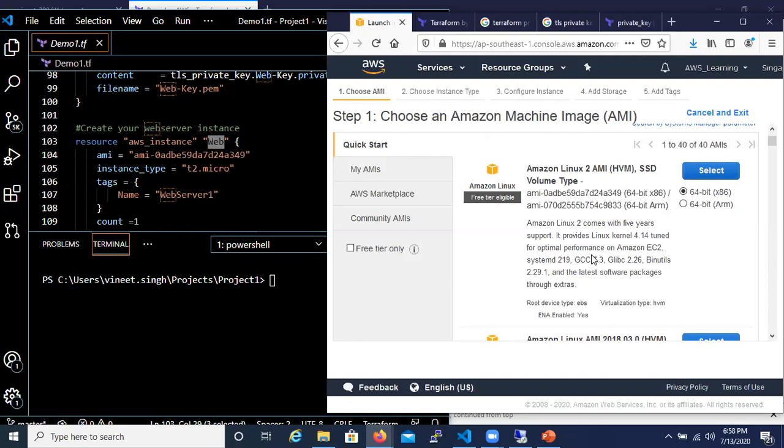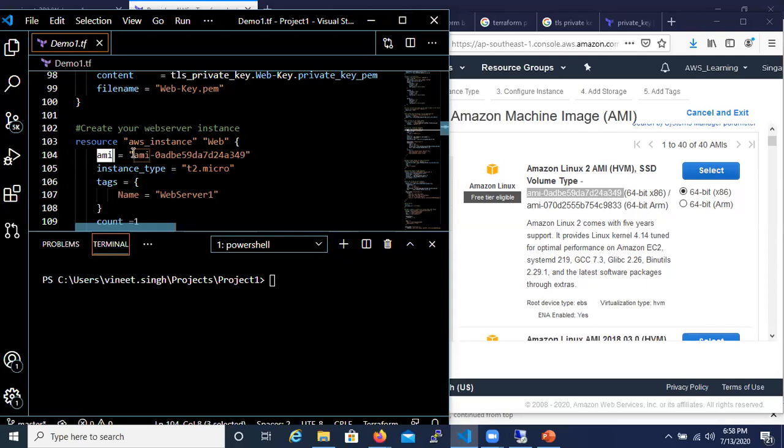Each specific image has a unique AMI ID. This is the AMI ID which I want to use as my web server. So we have to define this as your AMI instance. So ami is equal to, then this is my AMI ID, which I'm going to use as my web server.